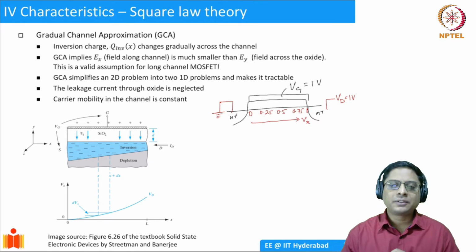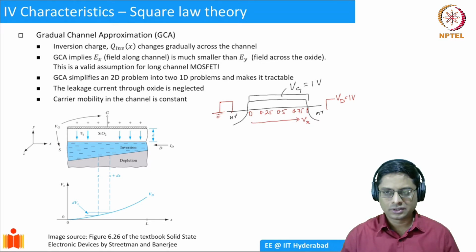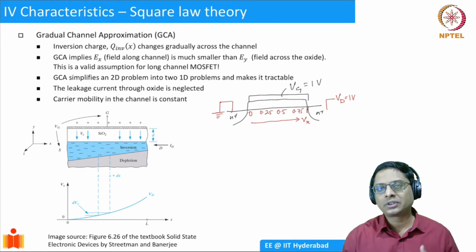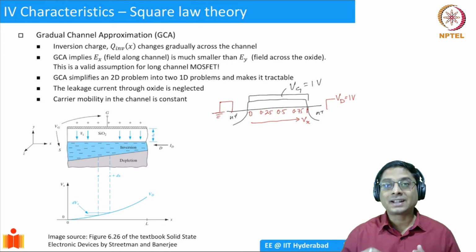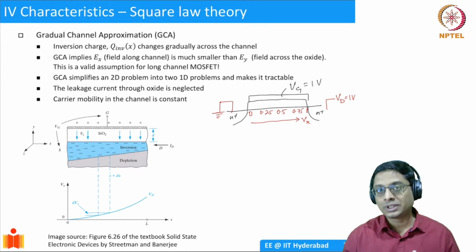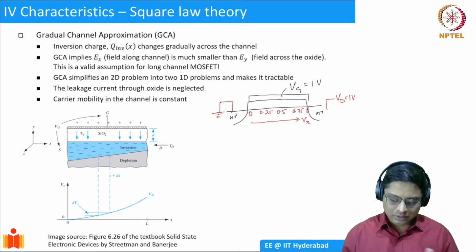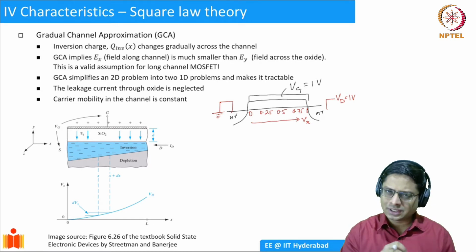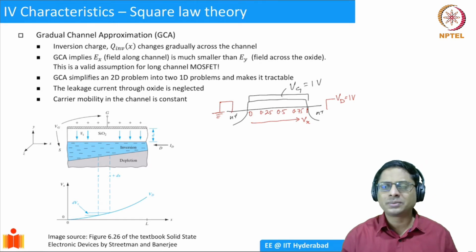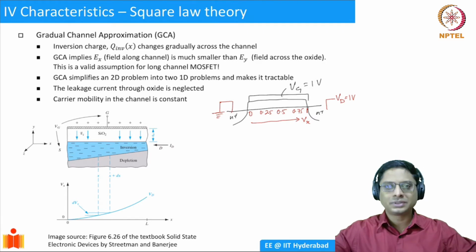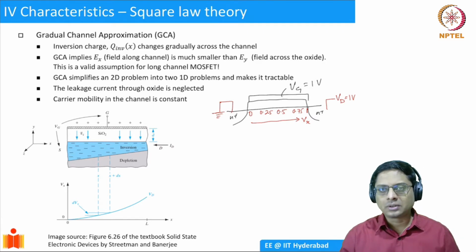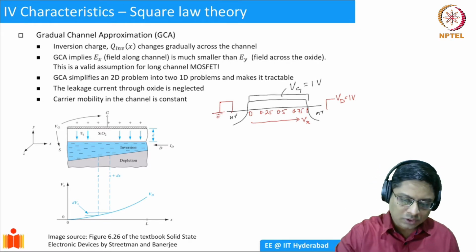Now, if you want to create inversion charge, what is the voltage required on the gate? We already saw that the inversion charge is essentially the excess gate voltage, the gate voltage above Vt. If your gate voltage is below Vt, you don't have inversion charge. In the linear case, the variation across the channel was negligible, so we took it as 0 and we took a uniform charge density. But now there is a variation of voltage across the channel, so we have to talk of what we can call VGC.